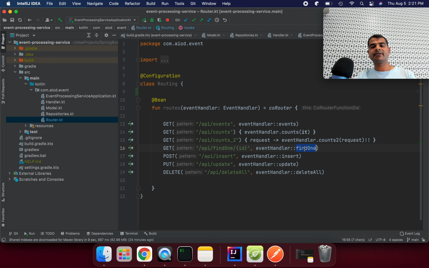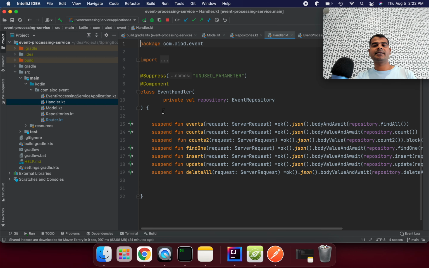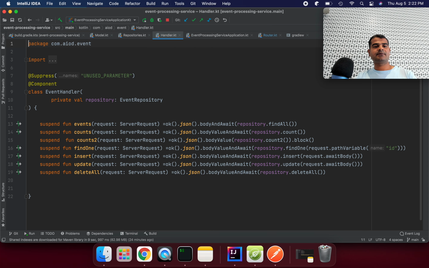So using this handler find one, I'm using to insert the particular record using the post method, and if you want to update something using the put method, right. So I'm using update here and delete all. So these are my routes, depending upon your path, we are getting the request uniquely for this application. Now if you look at the handler, it is nothing much, but let me do Control N.